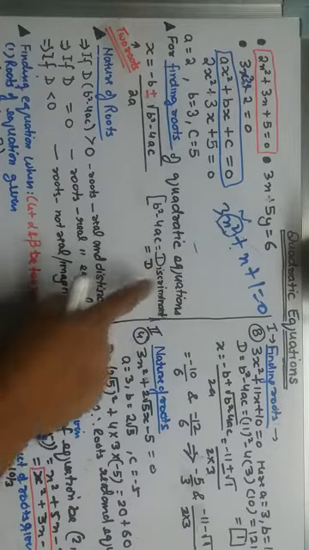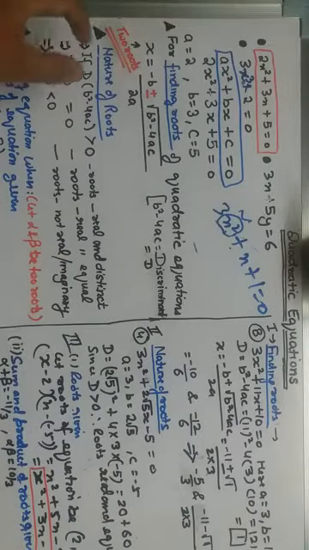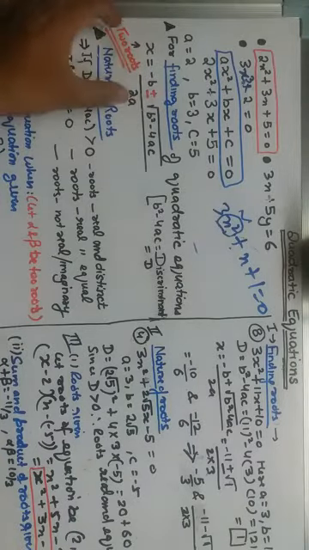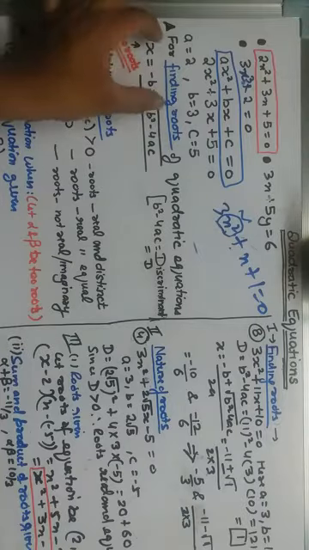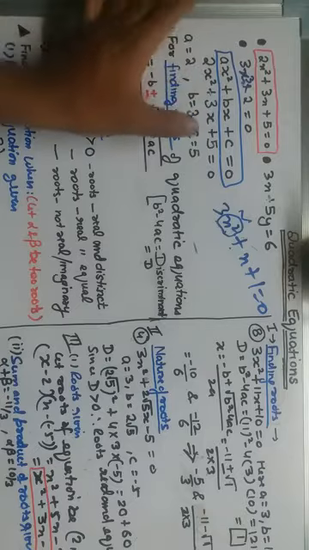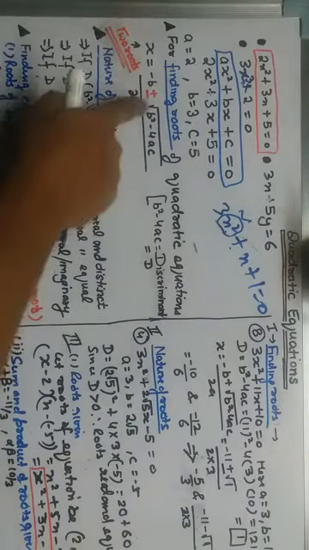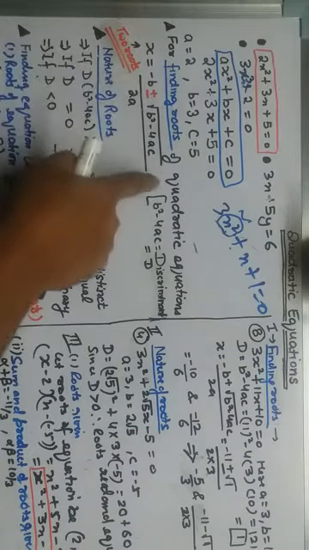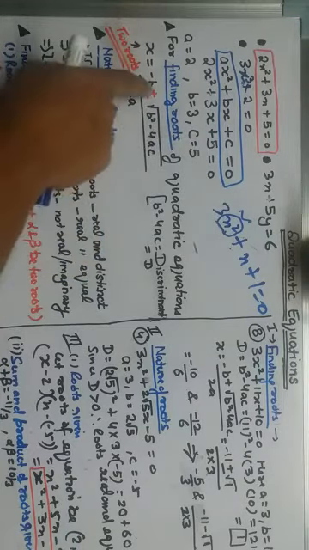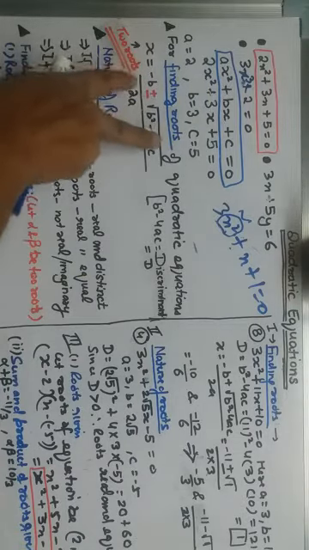Clear? Now next, how to find the nature of roots? You have done this last year also. In the earlier point, we saw that we have to find the roots. How many roots are there? If it is a quadratic equation, the power is 2, so we should get 2 roots. From this single formula, how to get 2 roots? Take the plus sign, use the formula, and we get the first root. Now take the negative sign, and we get the second root.